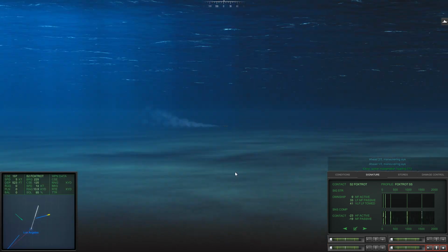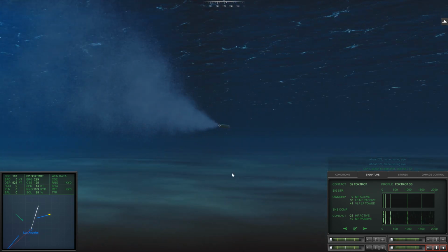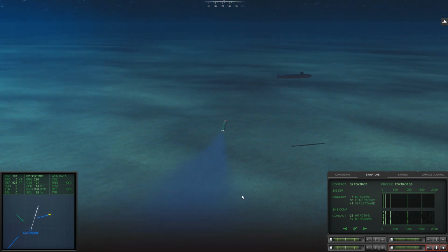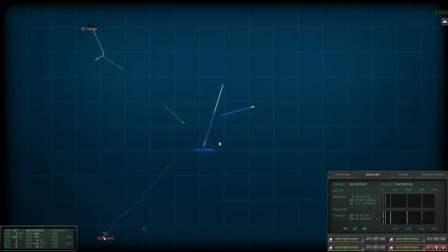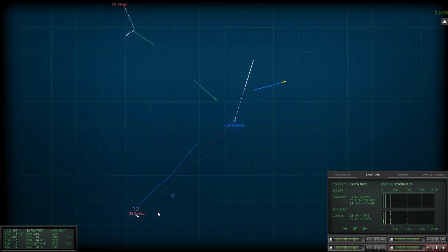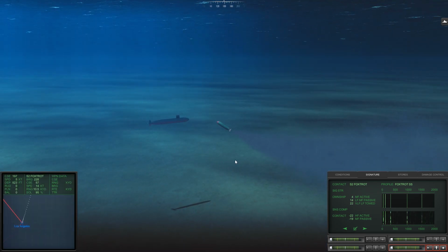This torpedo, though, is coming awfully close. It looks like I fired the Moss too early. It's not really working out for me. The other torpedo, though, is giving this Foxtrot all sorts of issues. So far, if I can avoid this torpedo...